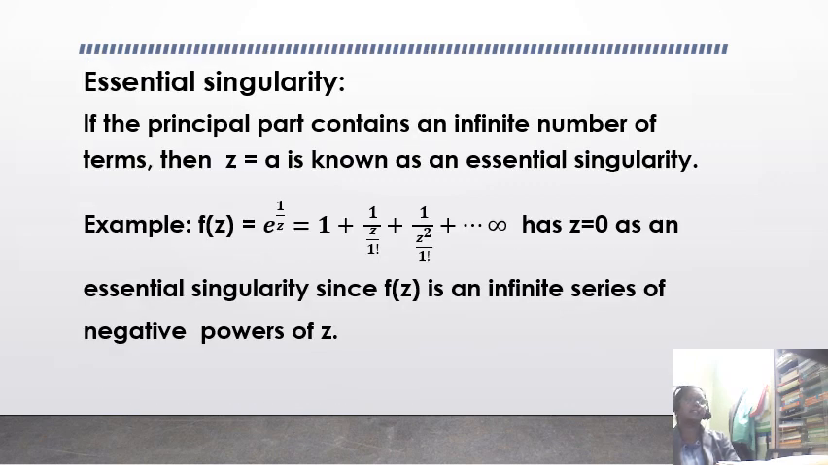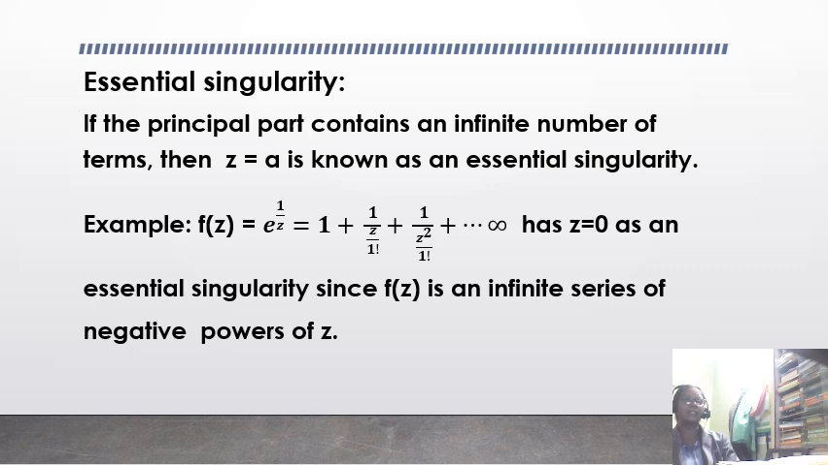Now let us see the next type, essential singularity. If the principal part contains an infinite number of terms, then z equal to a is known as essential singularity. Here f of z is equal to e power 1 by z. Now we can expand this e power 1 by z by using the formula e power x is equal to 1 plus x by 1 factorial plus x square by 2 factorial plus etc. So here x is nothing but 1 by z, so 1 plus 1 by z by 1 factorial plus 1 by z square by 2 factorial etc. up to infinity